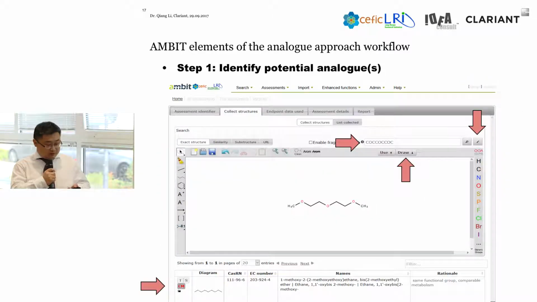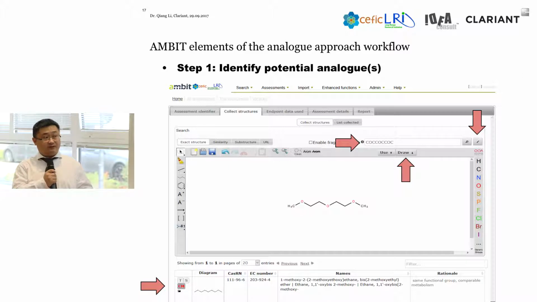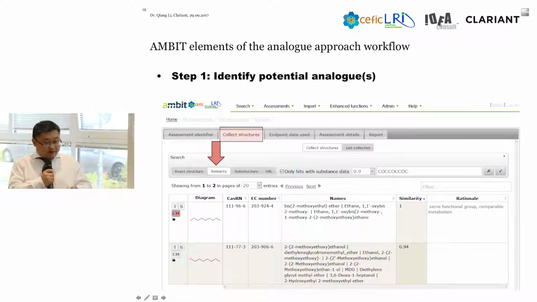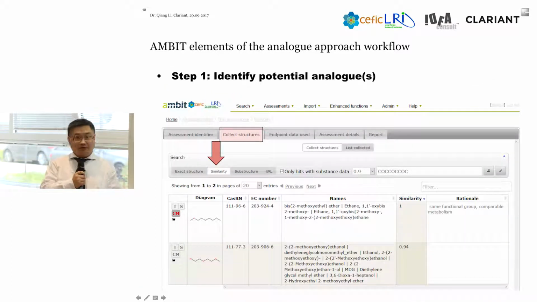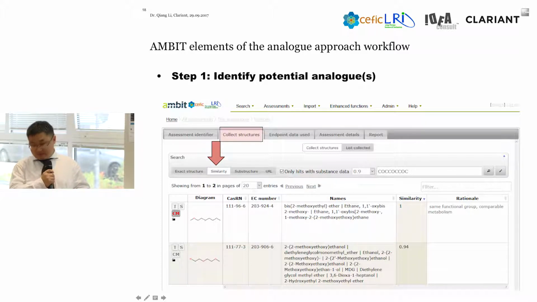If you don't know the CAS number, you can also draw the chemical structure yourself, and AMBIT will automatically generate a SMILES code for the picture. And then you find your target chemical. Then based on the target chemical, you can go to the similarity search to find the structurally similar chemicals in the system. So I give a SMILES code,